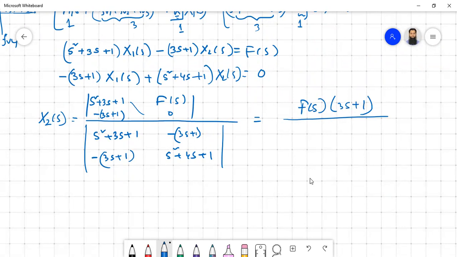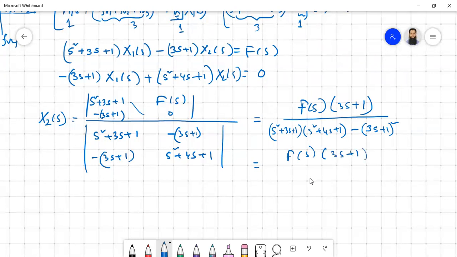If you cross multiply, then what you will have is (s square plus 3s plus 1)(s square plus 4s plus 1) minus (3s plus 1) square. If you just multiply and simplify a bit,